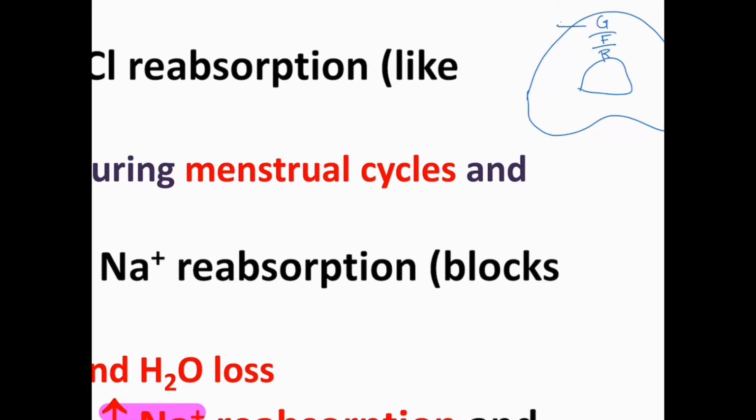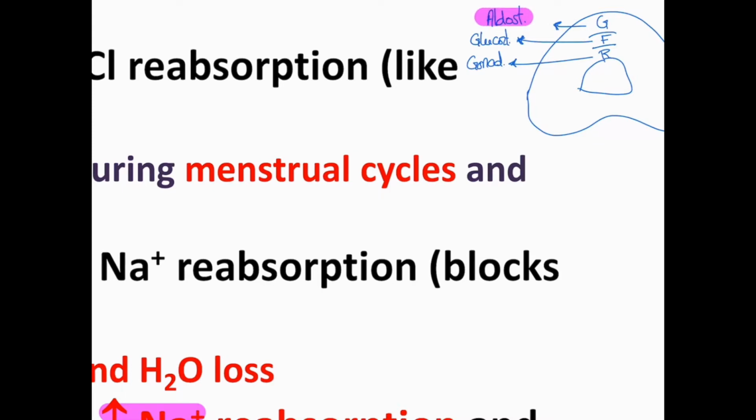Zona glomerulosa was responsible for releasing the mineralocorticoids like aldosterone. Zona fasciculata was responsible for releasing the glucocorticoids, cortisols. And the zona reticularis was responsible for releasing the gonadocorticoids like the androgens that will get transformed into estrogens later on. So if you notice on here,